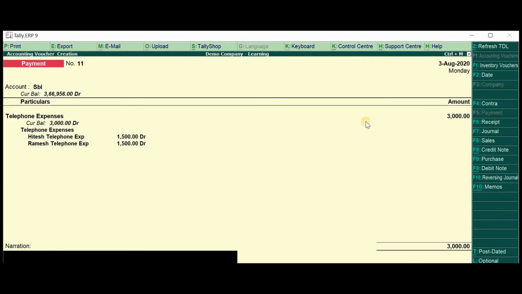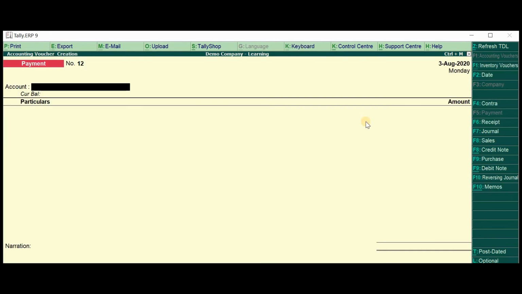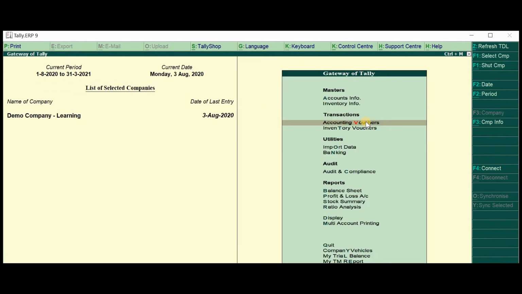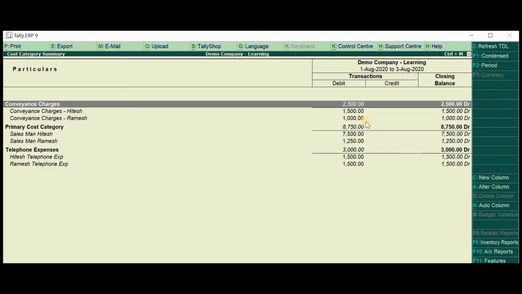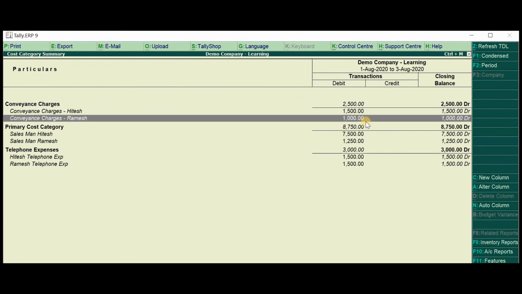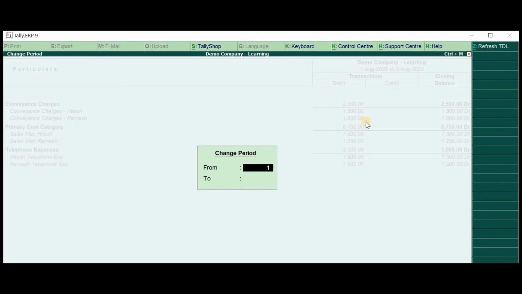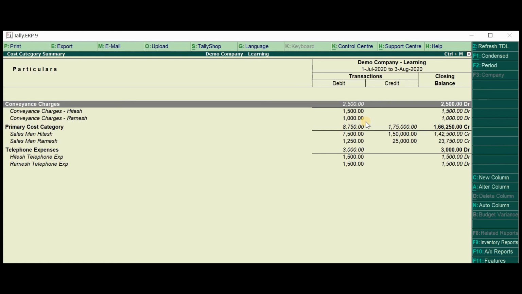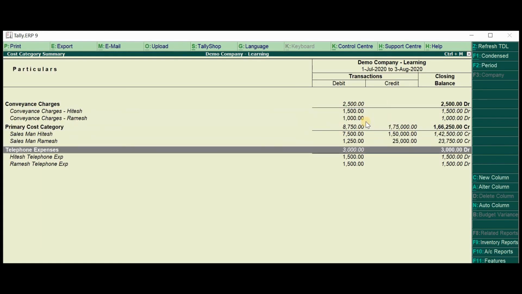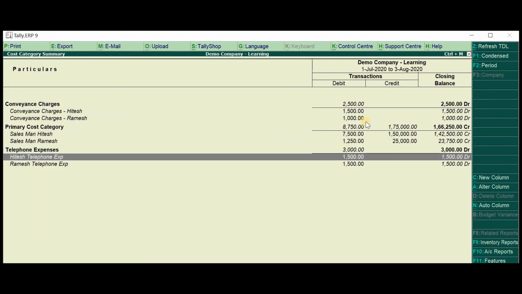You see how easily I am changing the names, everything. It is so easy to change the data. Okay, just press Escape and see. Come back, DSC to see the report. Press enter, and there you go. So 2500 was the total expense. Breakup like this. Sales was this. Okay, if you want to see the total sale, just give the entire date, 720, enter. Okay, 3000 was the total telephone expense divided equally between them.